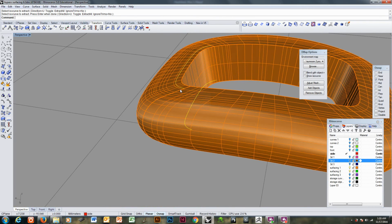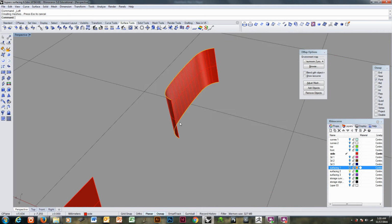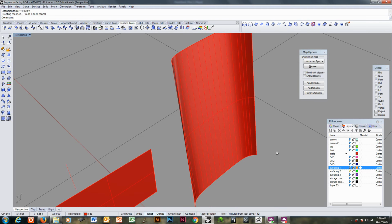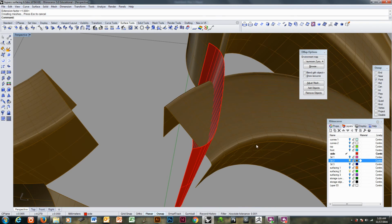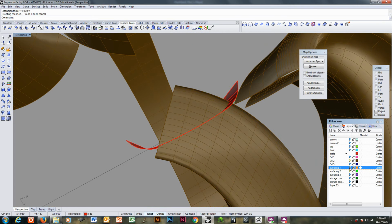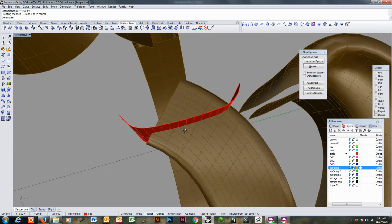I'm going to do a lofted surface. I'm going to extend that surface. Extend it quite a bit on the bottom because I know that there's a fair amount of depth to be trimmed away here. I would really like for that to cut off this corner, just because it's going to make a much nicer